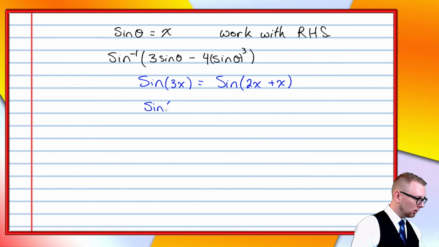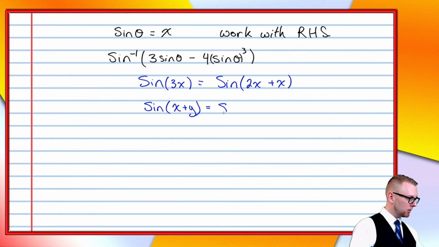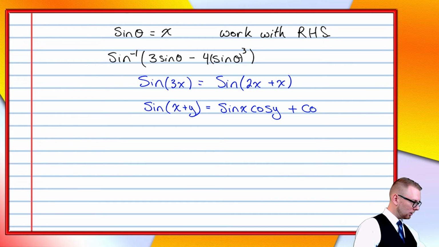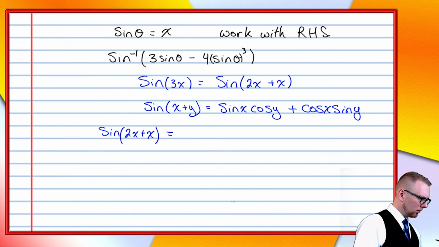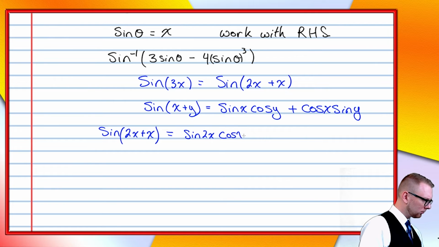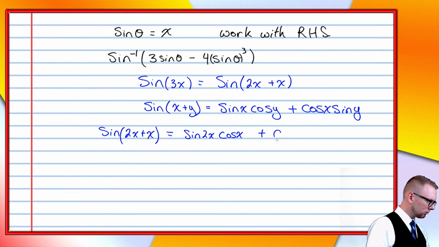Sine of x plus y, well, that would be sine x cos y plus cos x sine y. So then this would become sine of 2x times cosine of x plus, well, cosine of 2x